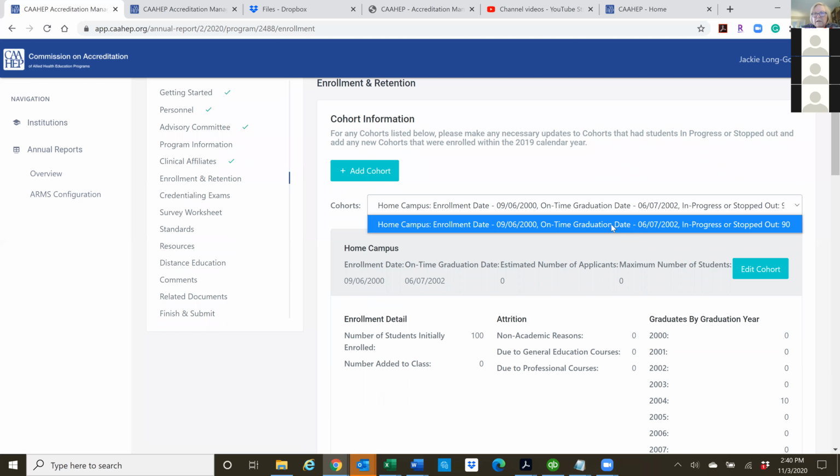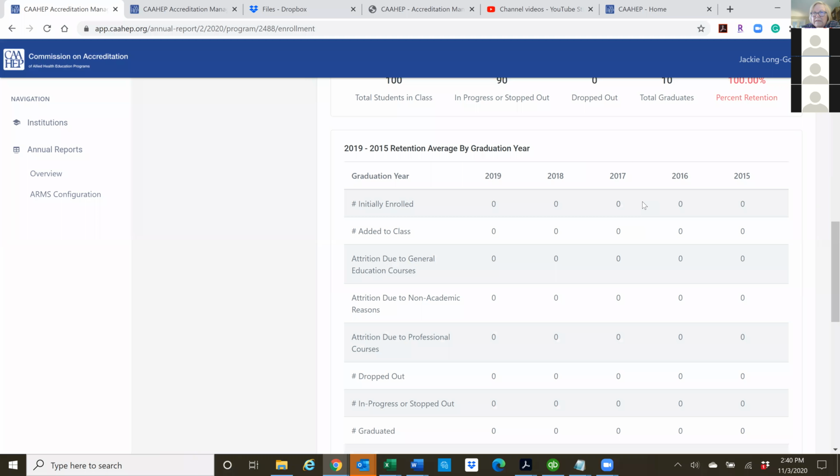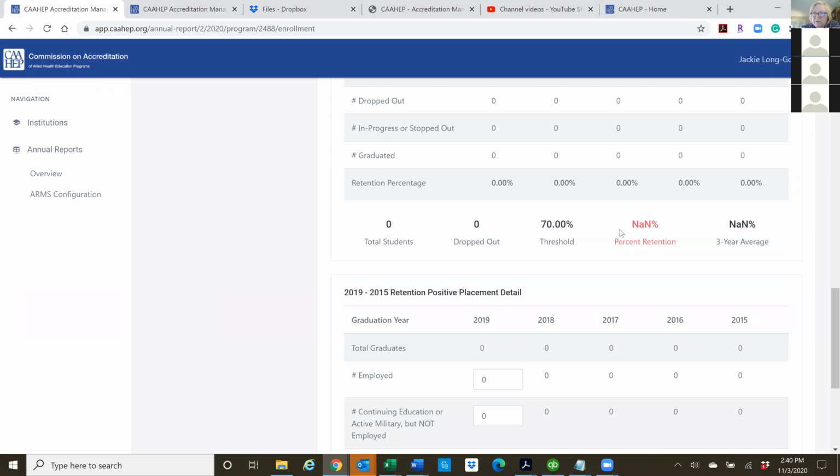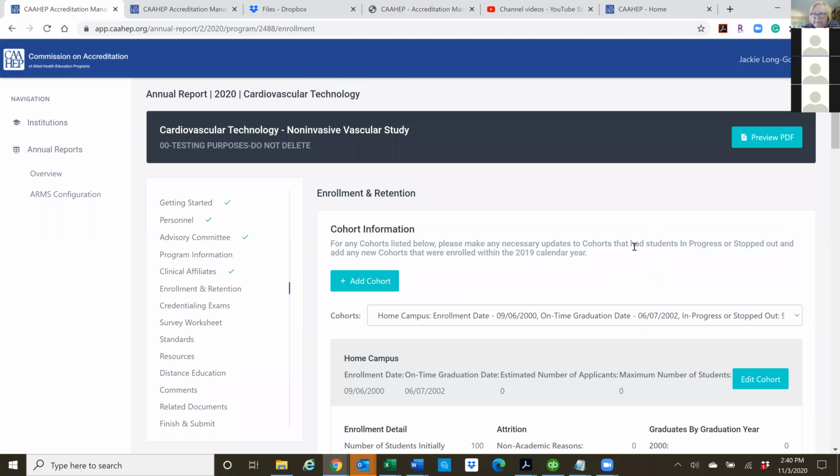This is an old class. So you just drop down, your newest one will be on top, and you pick the one you're working with. And the nice thing is that everything related to enrollment and retention is going to be on this one page, so you're not flipping back and forth anymore.